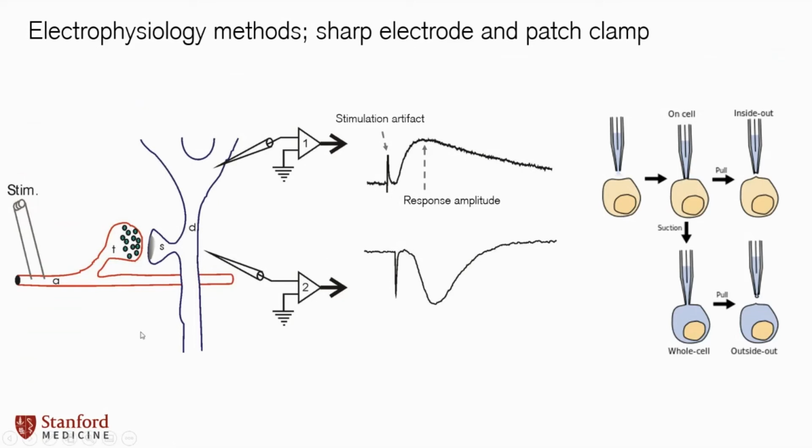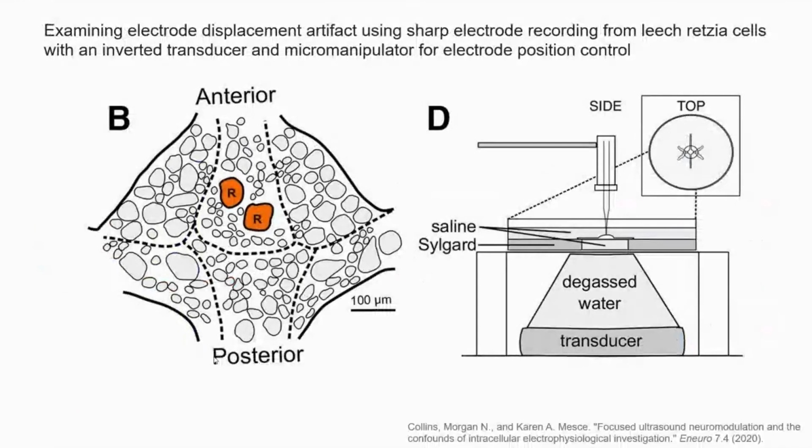The one on the left here, the sharp electrode recording, is probably more appropriate, but there are drawbacks. There was this study by Morgan Collins where he basically filleted open a leech. Here's a sort of prep where he's looking at these things called Retzius cells. They're like huge neurons within the leech. And what he's doing is putting it on this prep, lowering in a glass electrode to do these sharp electrode